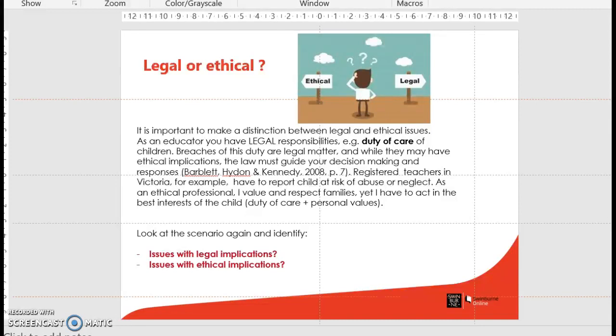So it's probably a good idea to read the scenario a couple of times, because what appears quite simple has actually got many complexities to it, and you want to be thinking about it from everybody's different perspective. So think about all of the stakeholders in this scenario. There's the child and Anna, yourself as the educator, the other educators within the service, the sister who needs to be picked up. So we need to think about everyone who is in this scenario and think about them in relation to your own professional, legal and ethical responsibilities.